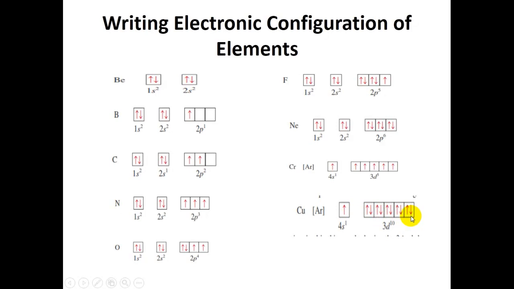ili kuweza kufill ile pairing. Na ndio maana the main reason of that is slightly greater stability in association with half filled katika chromium, lakini pia inakuwa na greater stability katika completely filled kuwa 10 orbital or other orbital subshells. Because the electrons are more strongly attracted by the nucleus when they have the 3d5 configuration, lakini pia inapokuwa 3d10 inapokuwa imemiss electron moja inakuwa ni rahisi sana kuweza kuvuta